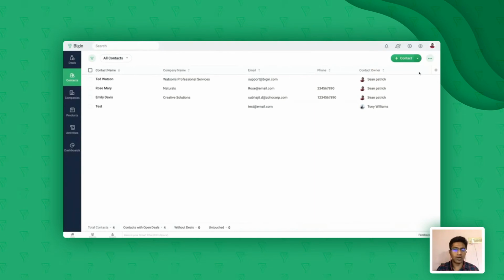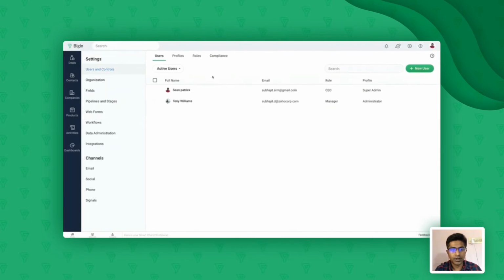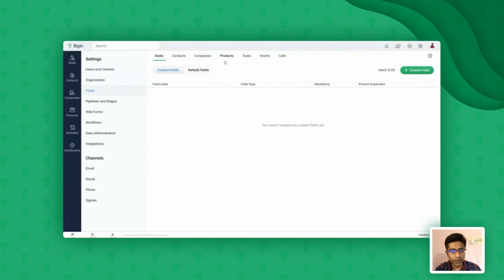Anytime you want to create additional fields in the Begin account, go to the wrench icon here, go to fields, select the module that you want to customize, whether deals, contacts, companies, products, or activities, and click on the custom field option, which is over here.